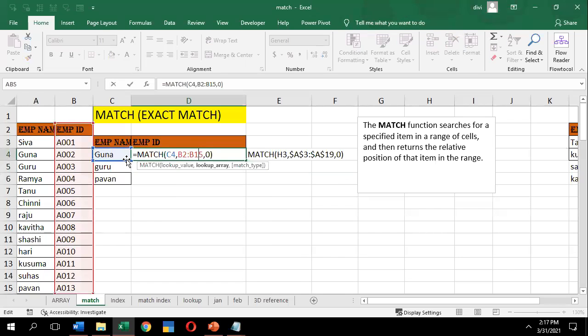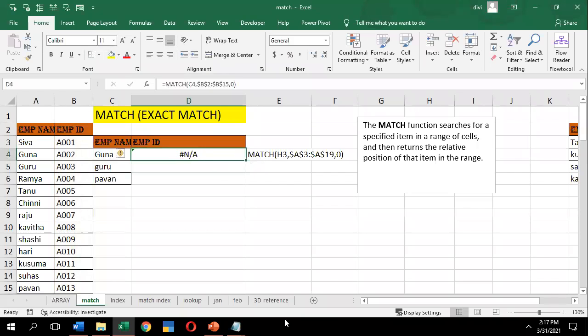I want the value of C4, lookup value in gunas. Lookup area, comma. Okay, I want to get it with the absolute method. You have to convert your data into the absolute method. Okay, so lookup value matches in 0. Yes, it's correct, right? Let me try.